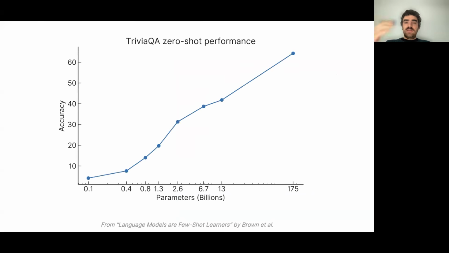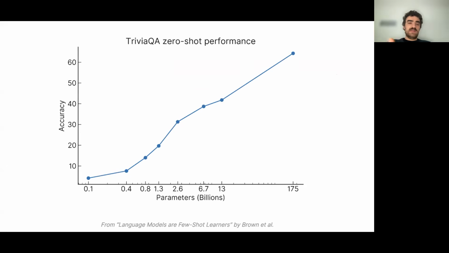And it turns out that if you build a language model in this way, and it was really the GPT-3 paper, the paper listed on the bottom of the screen, that drove home the effectiveness of this approach. If you train a language model to predict the next word or the next token in a giant corpus of unstructured text, then the language model can actually perform many tasks in this zero-shot way. You ask the language model to do something, and it does a reasonable job of performing